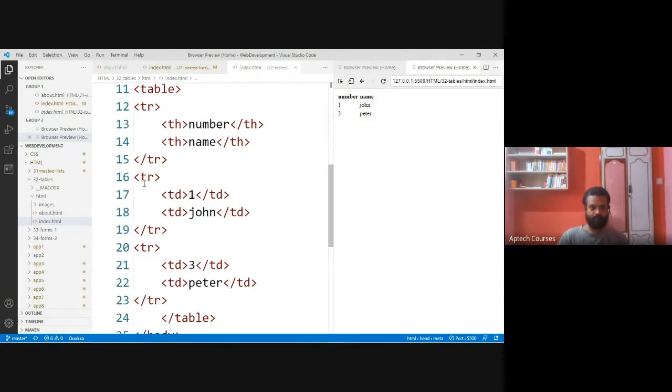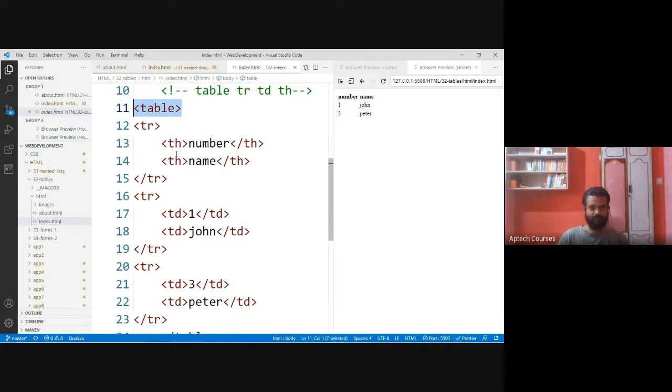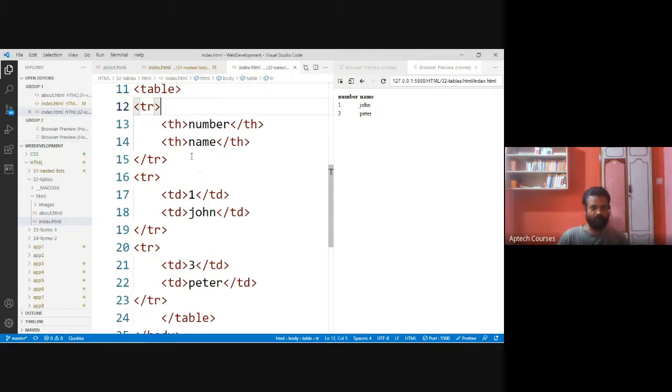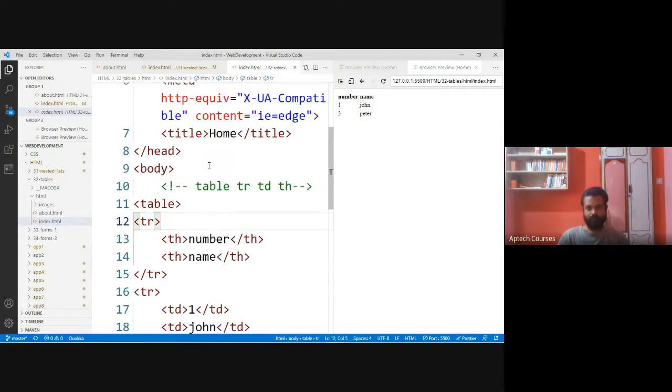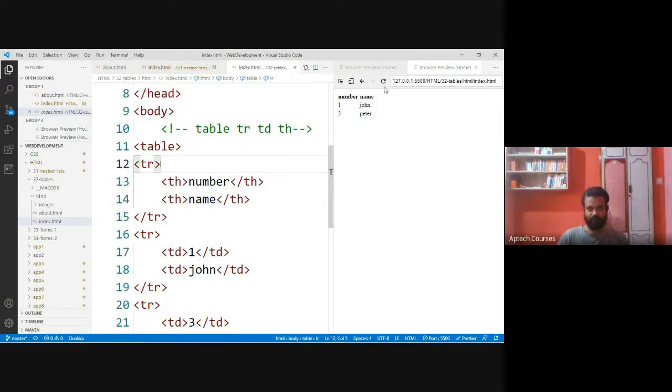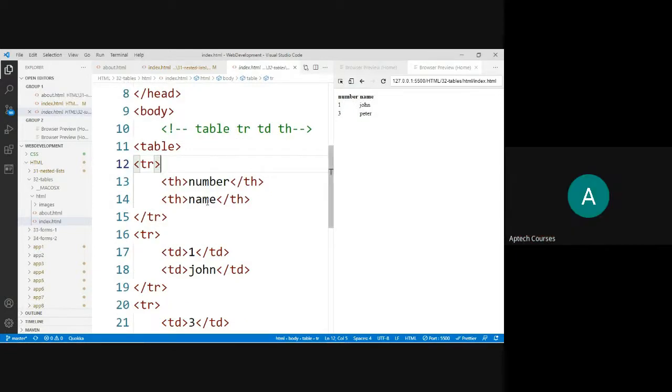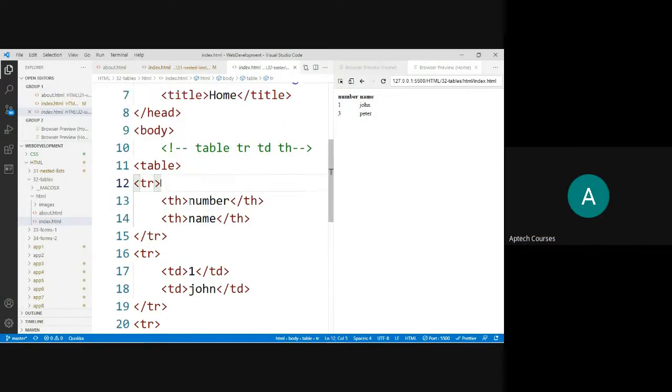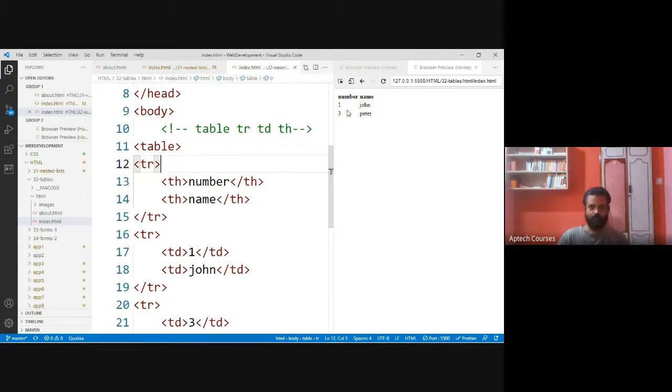Then we are closing that. Then another table row. Inside table we are using it, this table row. So totally we have 3 table rows. These table rows are inside the table tag.